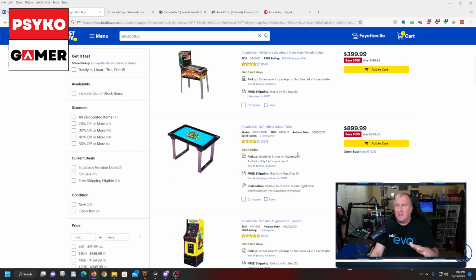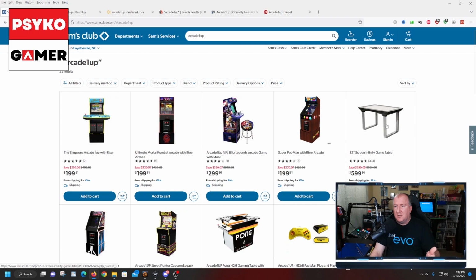Now this is where I kind of get a little confused right here. You got the 32-inch Infinity game table for $899. You go back over here, and they have what looks like the exact same thing for $600. Now, if you do have an actual Sam's Club account, and if you can go into a store, which I